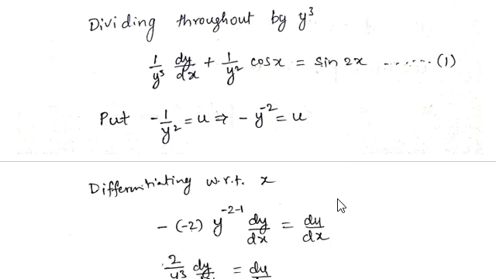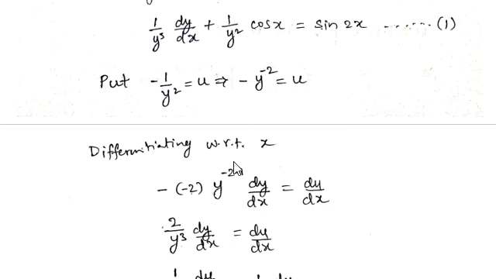Anyway both are the same, and when you differentiate this with respect to x, the minus is kept aside, and it is in the form of x to the power of n, whose derivative is n into x to the power of n minus 1. So like that, it is minus 2 into y to the power of minus 2 minus 1, and with respect to x you have to write dy by dx, and this is du by dx. You can put minus 1 by y square as u or v, anything, no problem. Minus of minus is plus, so 2 into y to the power of minus 3, and in the denominator it is y cube.